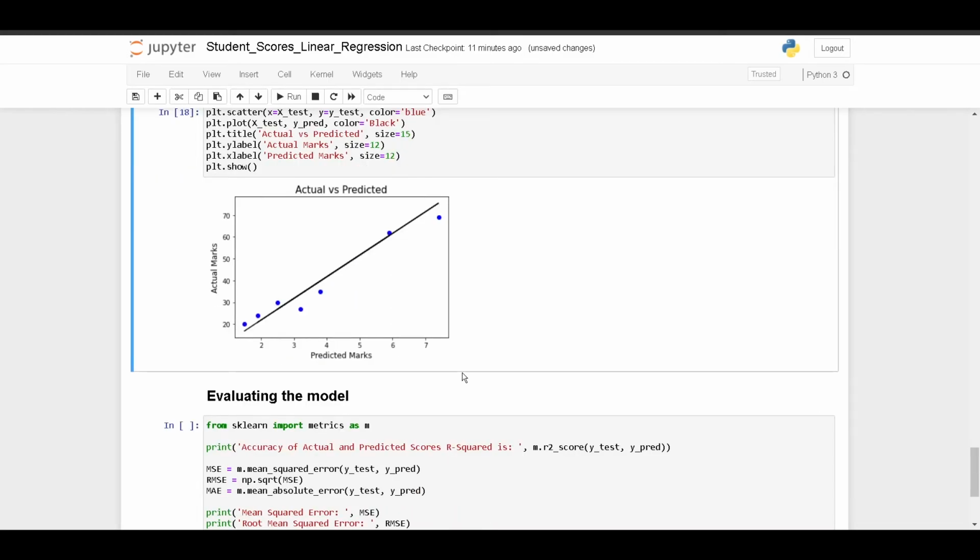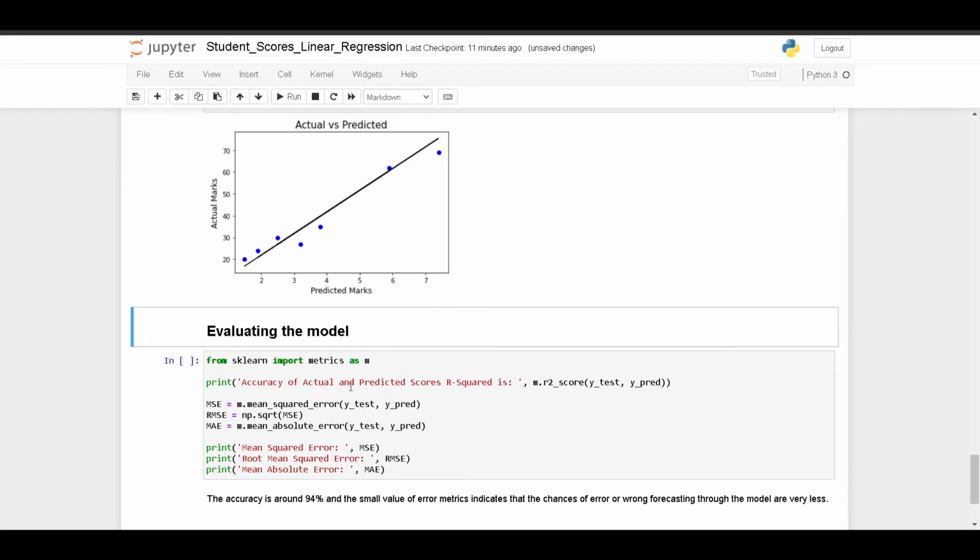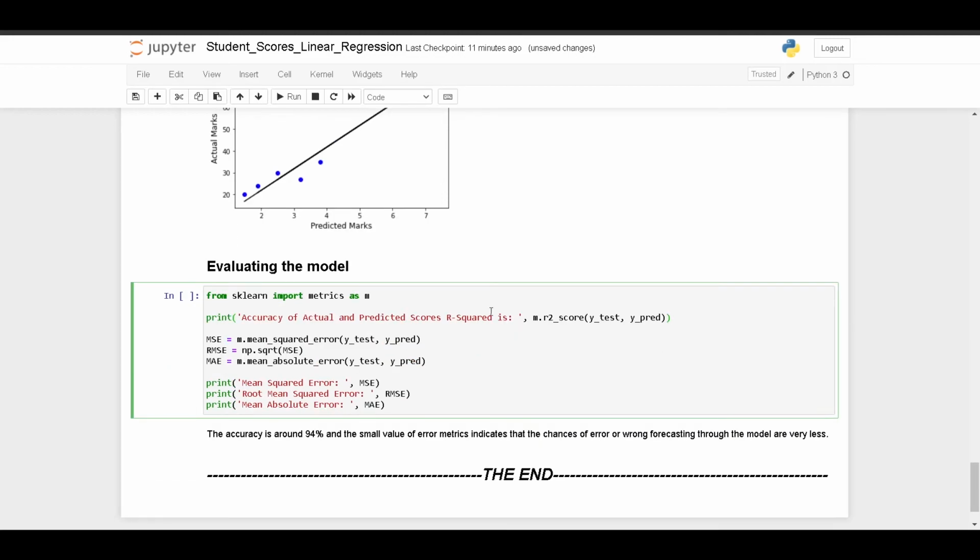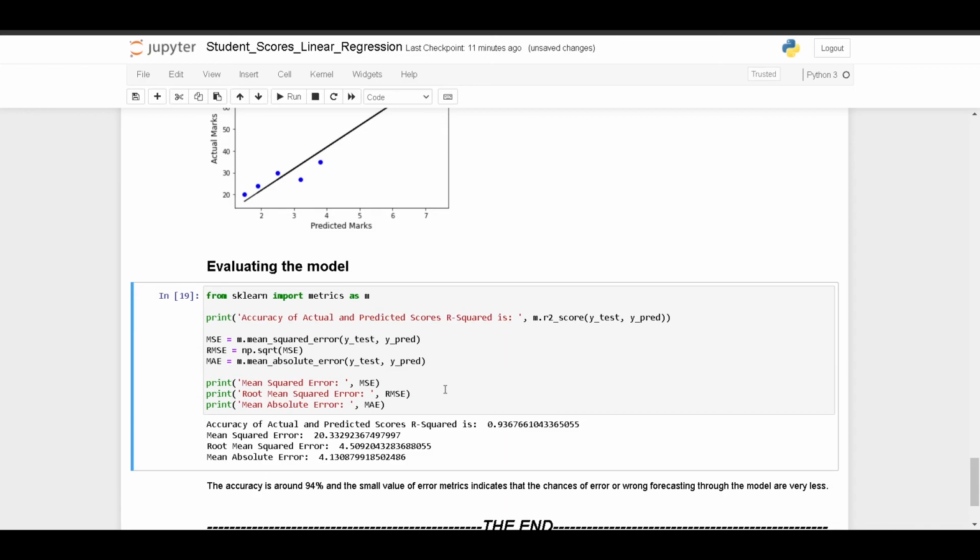Now we are using the metrics present inside the sklearn library to evaluate our model. I have used the R squared for actual and predicted scores accuracy, and I have also used the MSE, RMSE and MAE, that is the mean squared error, root mean squared error, and the mean absolute error. Now let's check these values real quick.